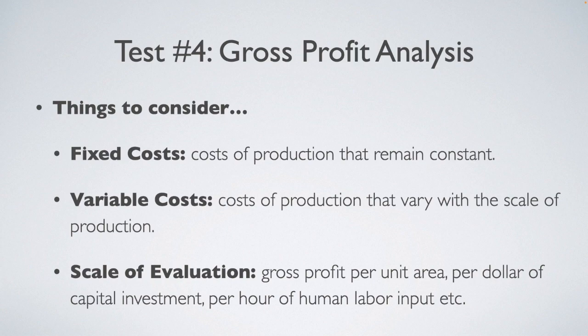It could be gross profit per acre, or gross profit per dollar of capital invested, or gross profit per human hour of labor input. You have to choose what makes the most sense based on the system or the enterprise. Generally, when land area is the most limiting factor, choosing some measure of gross profit per unit area, could be acres, hectares, square feet, is going to be most helpful. If you're examining a service or knowledge-based enterprise, gross profit per human labor hour makes the best sense.